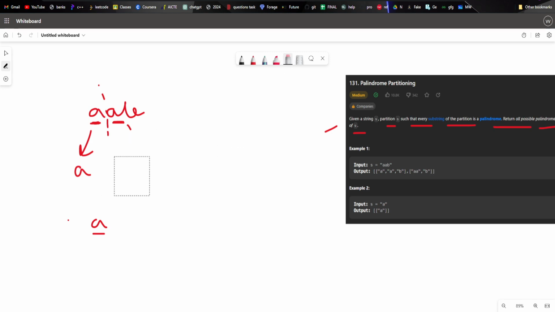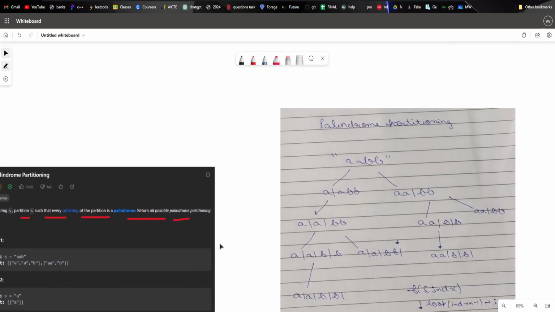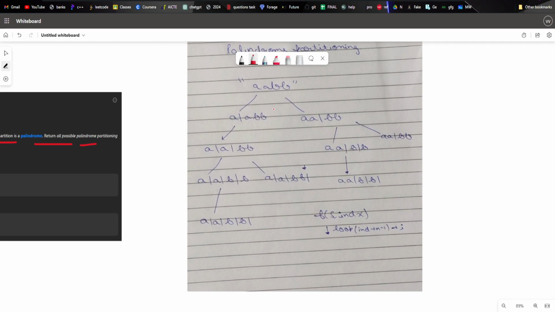Okay, so it's just recursion. It's a recursive problem. If this is my string, I'm going to cut here, let's say at index I. If this prefix is a palindrome, I'm just going to call this function for I plus 1, f of I plus 1. Okay, this is just a simple step. And now let's move to the recursion tree.